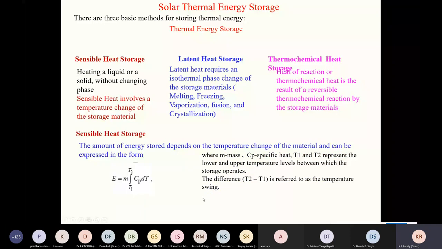Generally, if you want to find out the energy stored within the sensible storage, we have to say this energy is equal to the integral of m Cp dT with time. So you have to integrate from the charging time to the final time. That's important. And of course, the temperatures also, what temperature to what temperature you are doing that. That's an important thing.